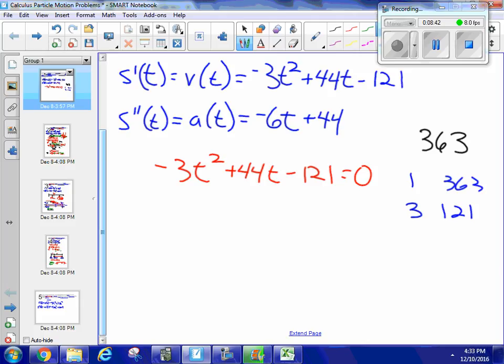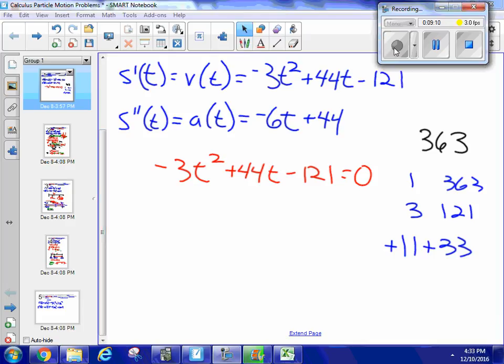Does 9 work? Nope, 9 doesn't work. 10 doesn't work. 11. Let's try 11. If I divide 11 into here, I get 33. And there's my 44. I can see it. So if I have positive 11 and positive 33, those are going to multiply to get me positive 363, and they will add together